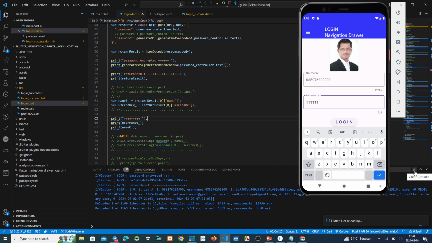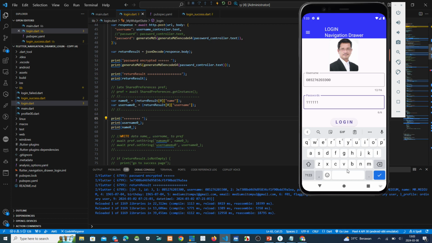Wait a second please. After this hot reload finishes, we can see we cannot go to the next page, because we just want to know step by step what happens if I click the login button.